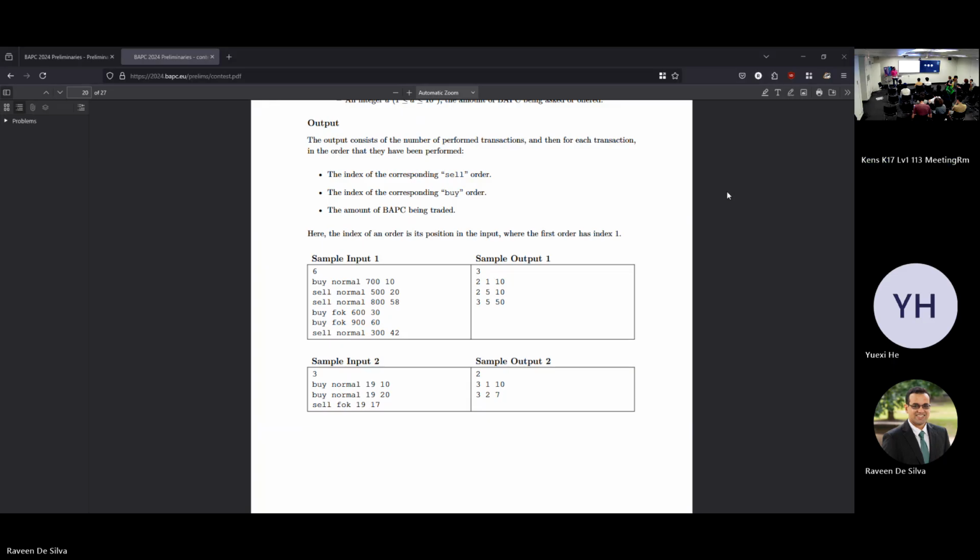Cool. So now we have to deal with these fill or kill orders, and these ones are not so good. Why? Because even if there's no possible exchange, you have to put them in the correct places. Exactly. If a fill or kill order matched orders of the other type until it could do no more, then it would not change very much. It would be treated much the same way. But the problem is the fill or kill.